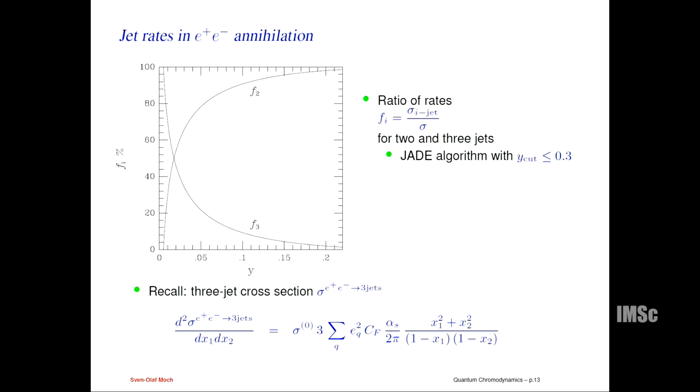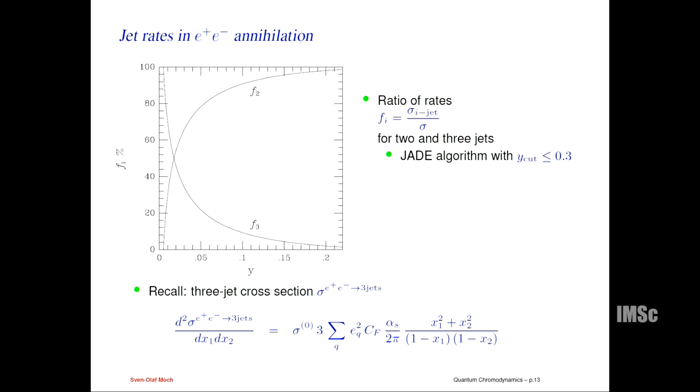So this is now for the jet algorithm. We can look at the values of y cut, and then at the relative rates where we identify an event to be either 2 jet or 3 jet. And then you see with a small y cut, basically everything is a 3 jet event, but it diverges because we're running into soft and collinear singularity. And there is no 2 jet events because even the softest gluon would be identified as 1 jet here.